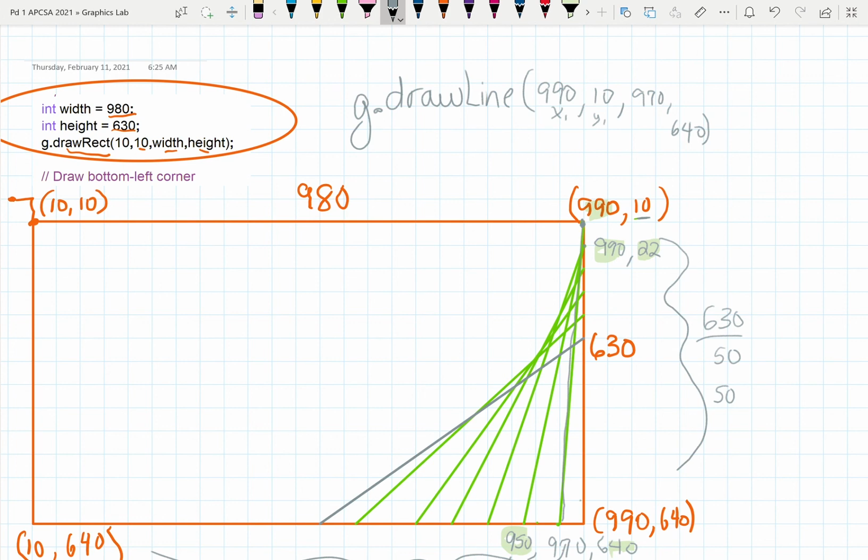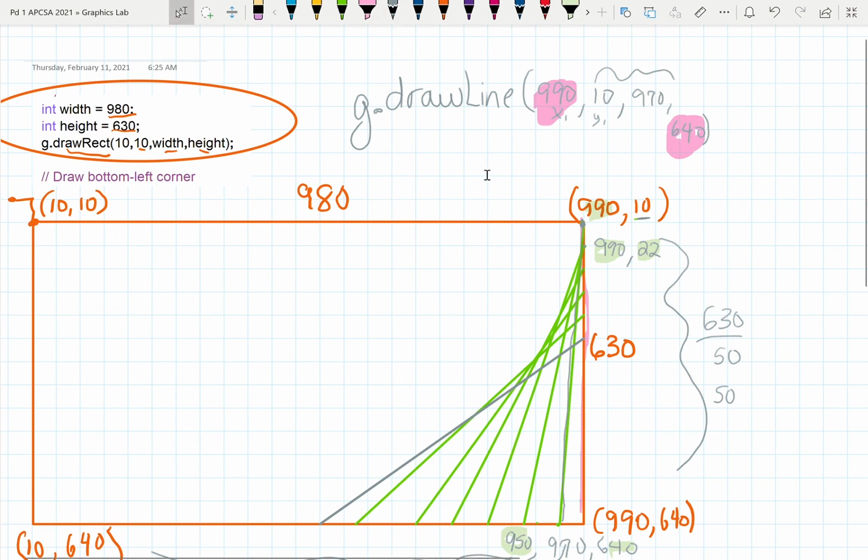So we need to put it in a loop, but remember that if you look at it, this coordinate is not going to change when I'm going down. The 990 stays the same, and this coordinate doesn't change. It's only these two coordinates, the y1 and the x2, that are changing inside this loop. Now that's if I want to draw 50 lines. All right, I'm going to move to JGrasp, and let's look at